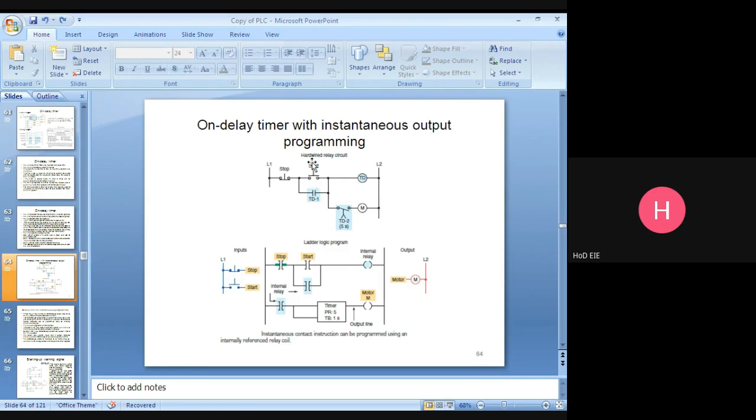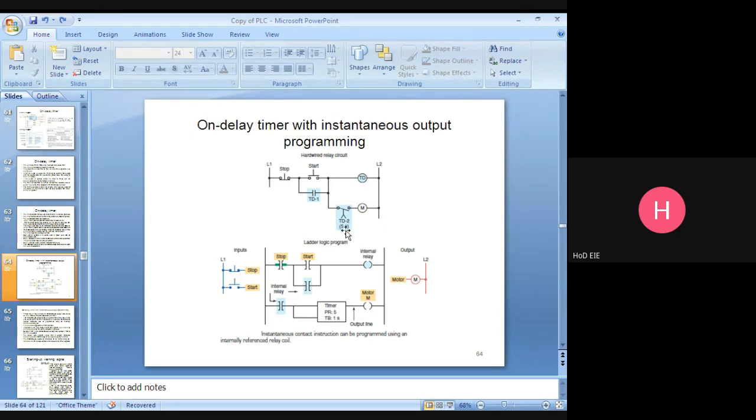Okay. The start push button is pressed and this one will be energized. Once this one is energized, this contact will be closed, so this one acts as a seal in contact. Even though this one is open, the power will go like this. Then once this one is energized, it starts counting the delay: 1 second, 2 second, 3 second, 4 second, 5 second.